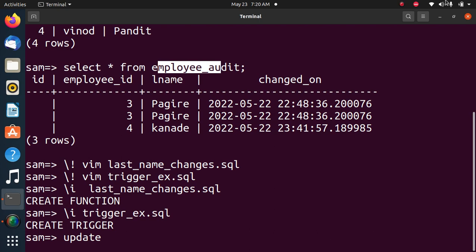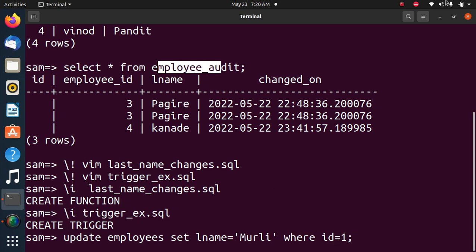Update employees set last name equal to Murli where ID is equal to 1.